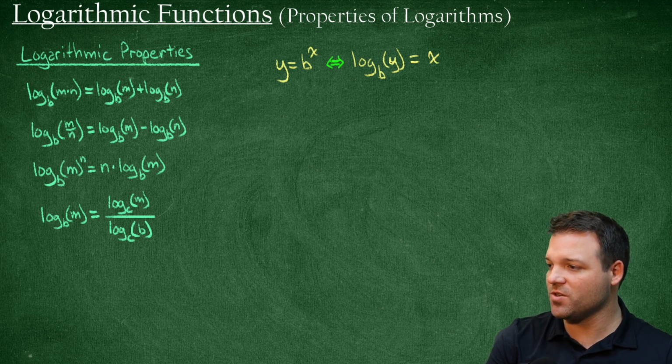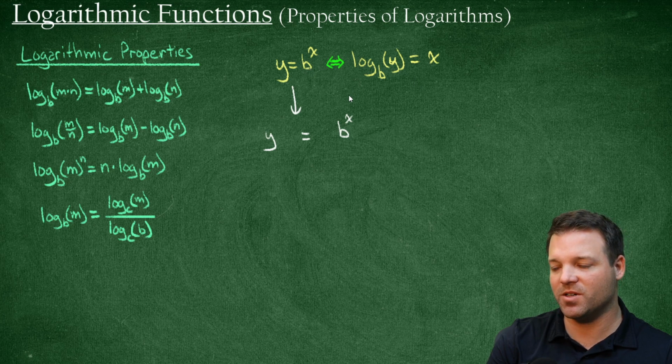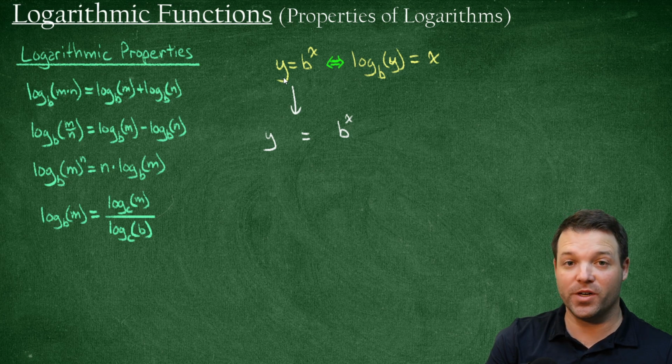Well, I'm actually going to offer you two proofs, one from the left-hand side, and then we're going to do it to the right-hand side. So let's start with the left and work our way to the right. So very quickly, if I have y is equal to b to the x,